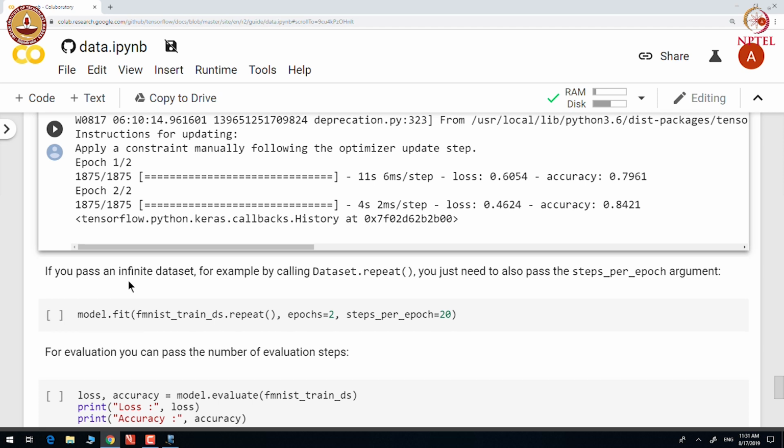If we pass an infinite dataset by calling repeat without any arguments, we need to pass steps_per_epoch along with repeat, where we do not specify any argument for repeat.